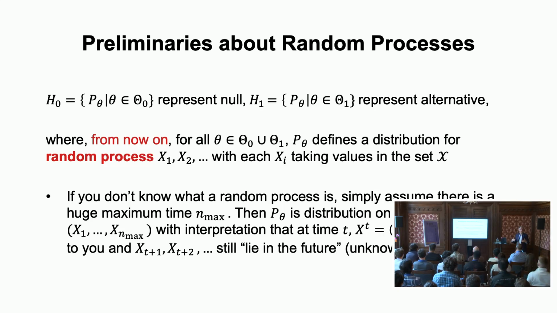Real random processes generalize this to the case where there's no maximum outcome, so there could be arbitrarily many. But we don't really need that here. So just think of standard probability distributions. The important thing is that there's a notion of time. And at every point in time, you have seen a certain amount of data. At time 5, you've seen the first 5 outcomes. And you just don't know what will happen in the future.